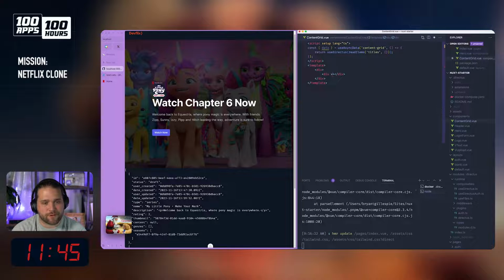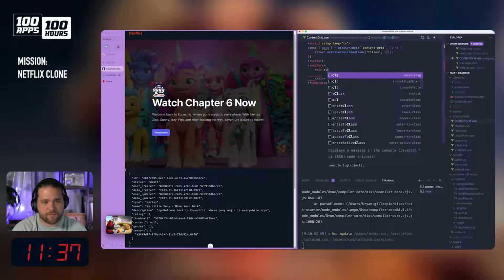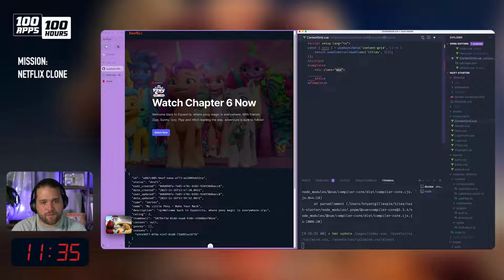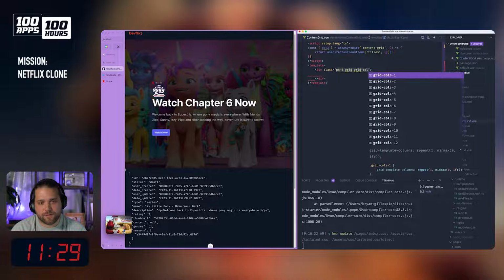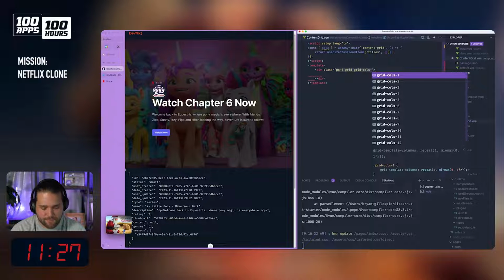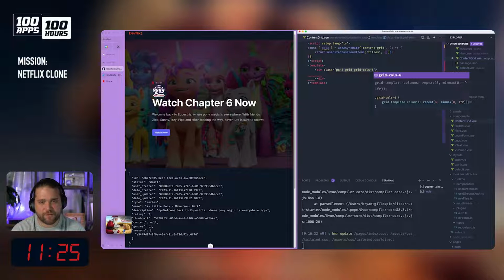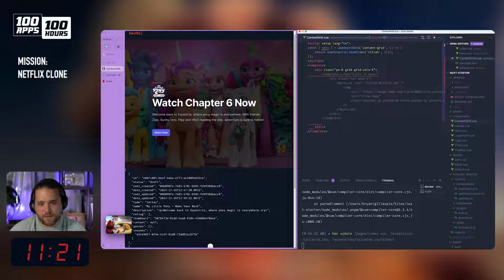Again, running short on time. Let's just keep this simple, right? We'll add a little bit of padding to the sides. We'll give this a grid. Grid cols, 5 across the screen, 6 across the screen, and then we'll do